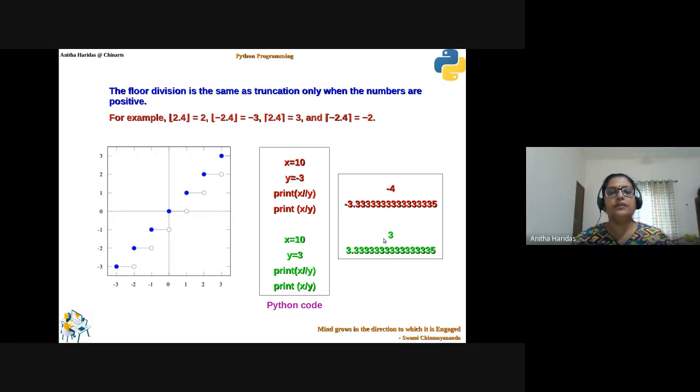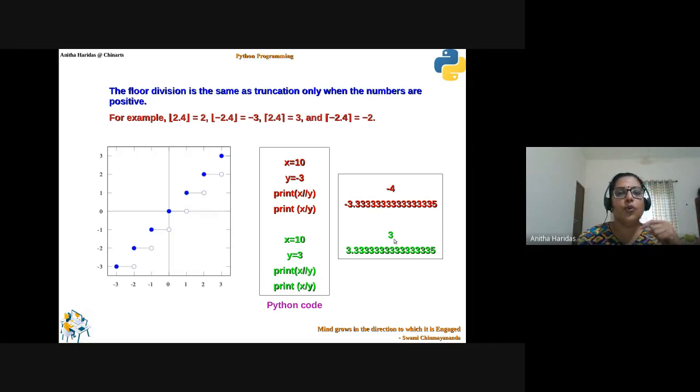Right, so this is similar to a truncation, right? So what we are going to do here, we take only the quotient and we ignore the fraction part. So you just truncate it, and when you truncate it to the integer, you get 3. So it is somewhat similar to the truncation.